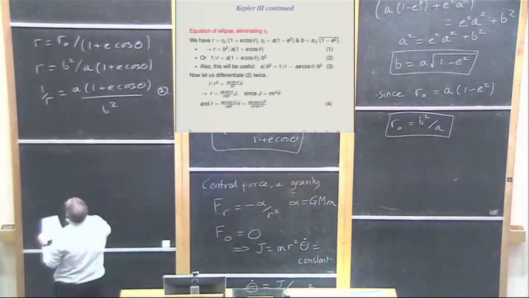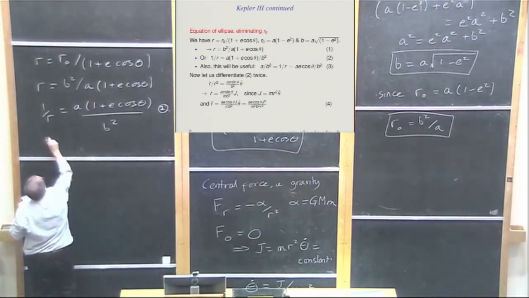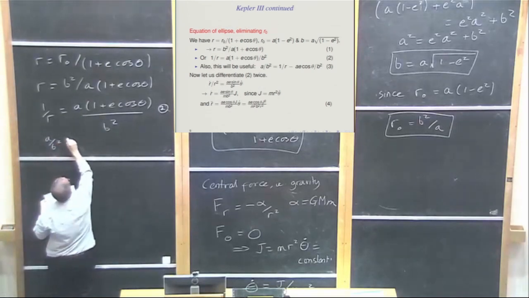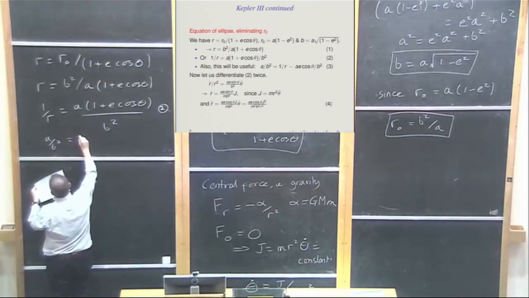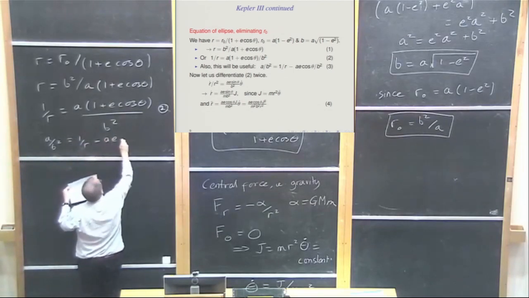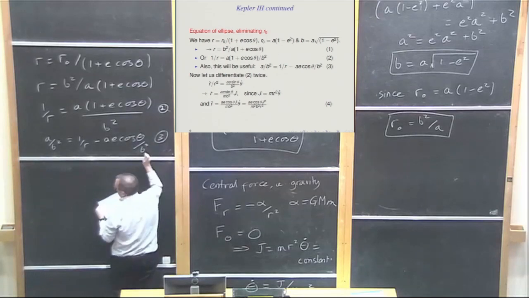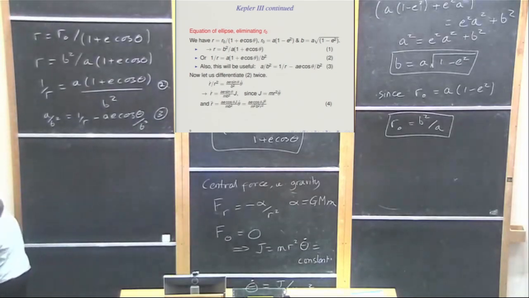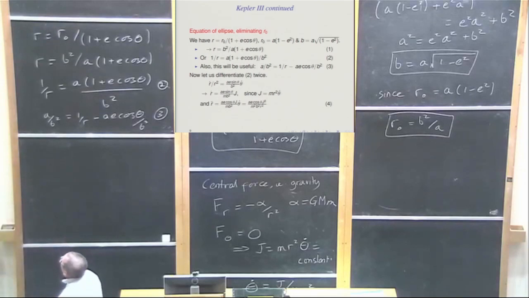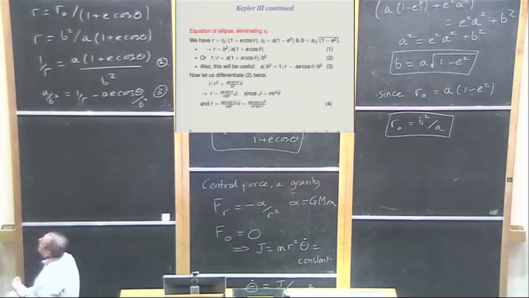And let me also make a trivial rearrangement and write an expression for A over B squared, which is 1 over R minus A E cosine theta over B squared. I seem to be calling this 3. Now that looks a strange thing to do, but believe me, that's also going to turn out to be useful. Right, focusing on equation 2, 1 over R, let's start differentiating this, because what I have in mind is